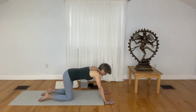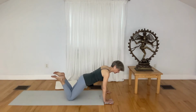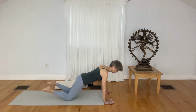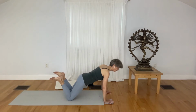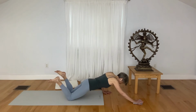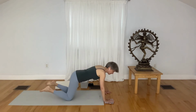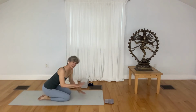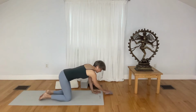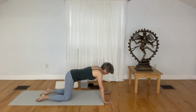So as you come to this plank position on your knees, again, you can lift up your feet if that works for you or not. Draw your right hand forward as you come down toward chaturanga dandasana and pull back. You'll find that the pulling back is what's really challenging. Let's come to the opposite side. So take your left hand to the washcloth, come forward,